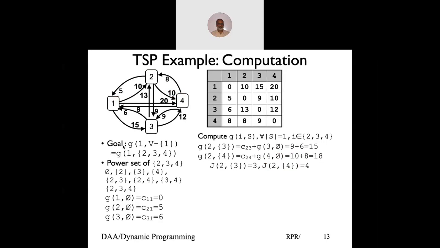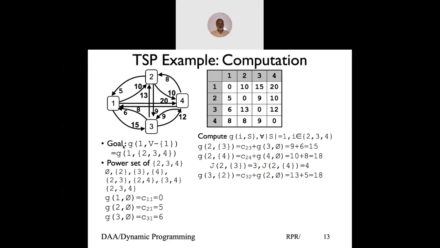Same way, now we also need to look at the next vertex when I'm going via 2 to 1, which is the node I use. My next vertex from G(2, {3}): J2 indicates the next vertex we have chosen. So in this case it is 3. For G(2, {4}) it is vertex 4.